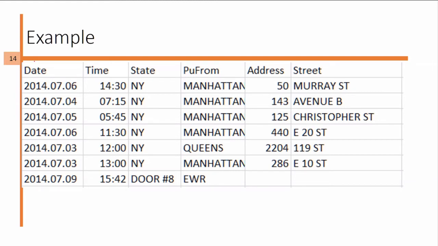The first field is date. Date is numerical, so we check the date field and see whether all the data are in format or not. In some places they say it can be discrete or it can be continuous. Time is again numerical. State is